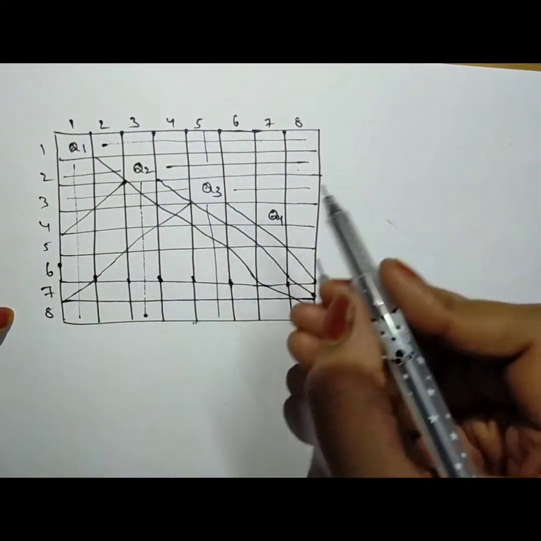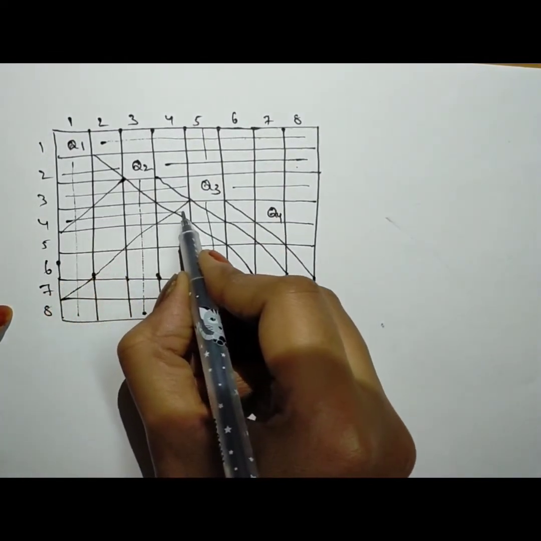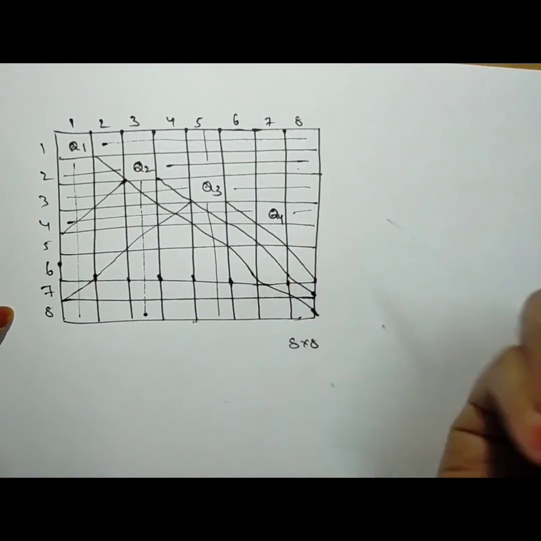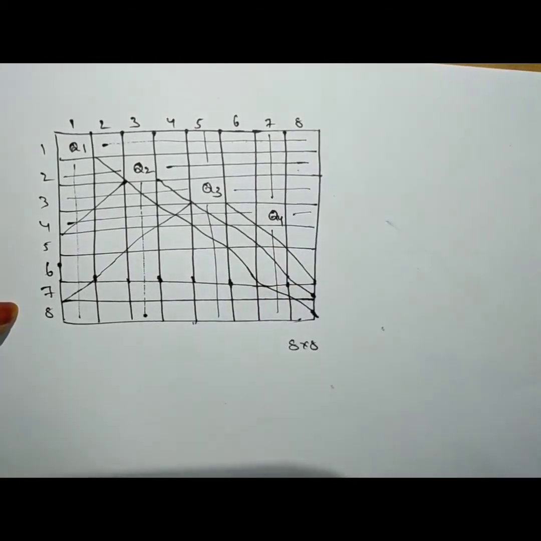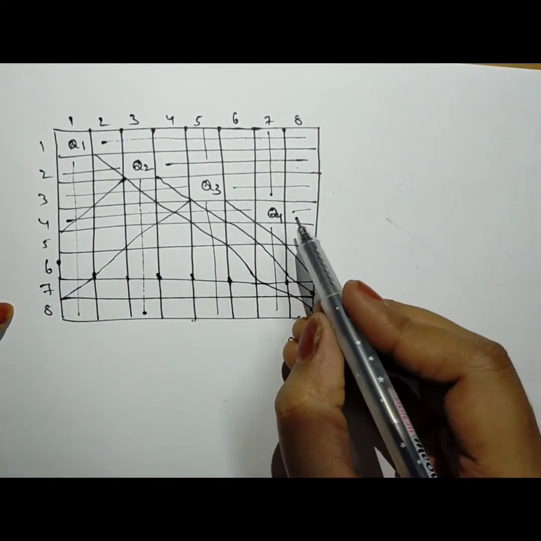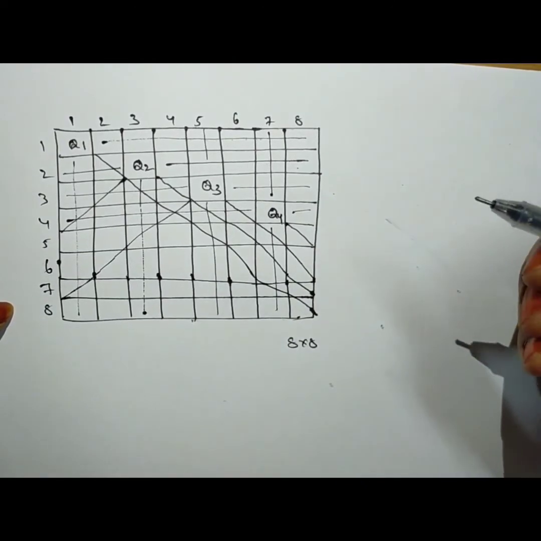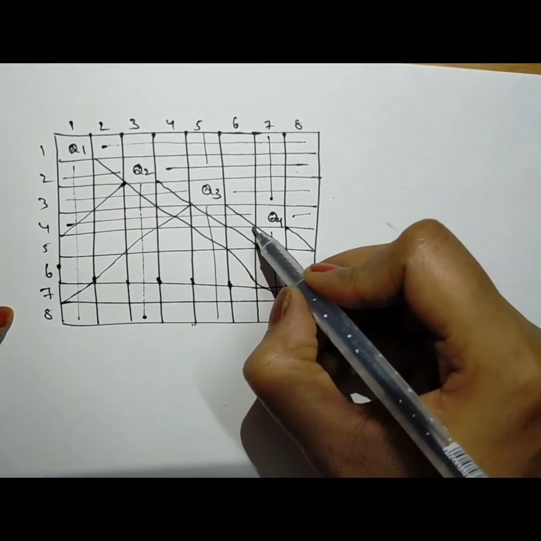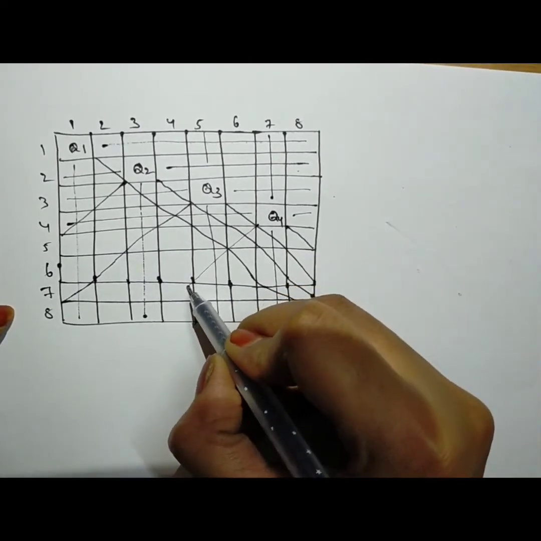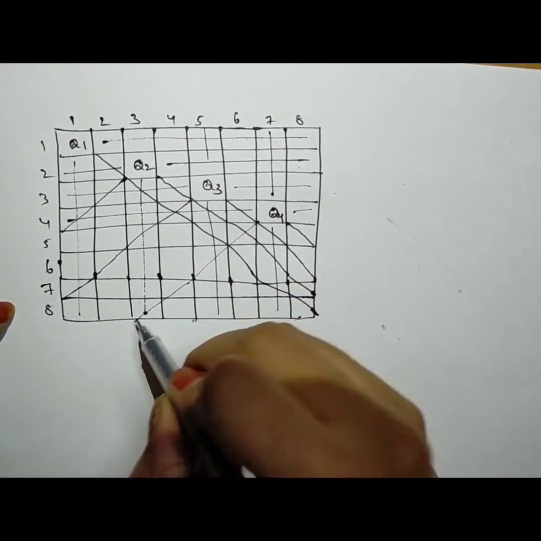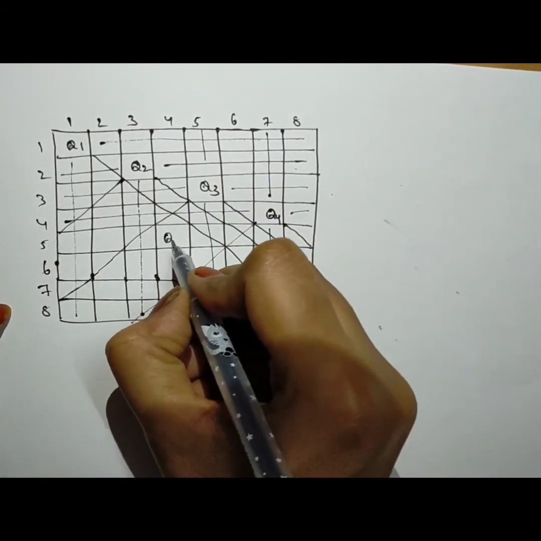Okay. As I have placed Q4 here, in this position I am not supposed to place Q5 as it is representing the same row. Here it is representing the same column. Here also I am not supposed to place Q5. Here also I cannot place Q5 as it is representing the diagonal cell. Here also I am not supposed to place Q5 as it is representing the diagonal cells. So I am placing Q5 in this position.